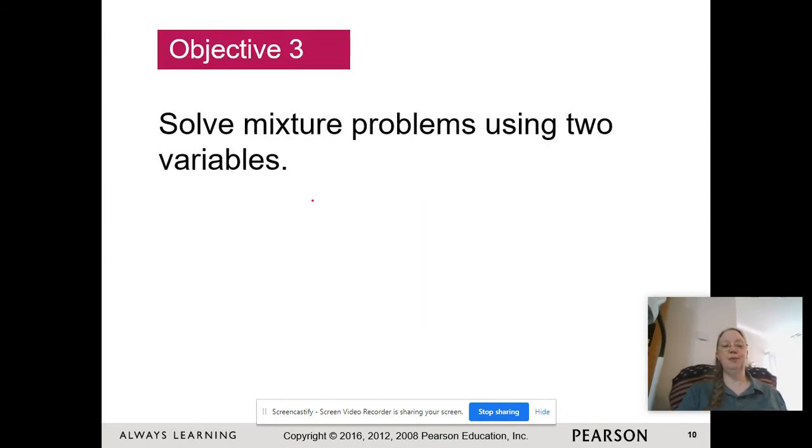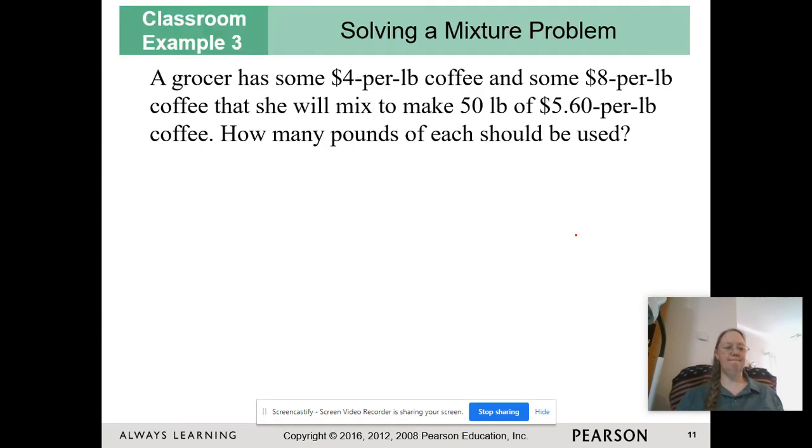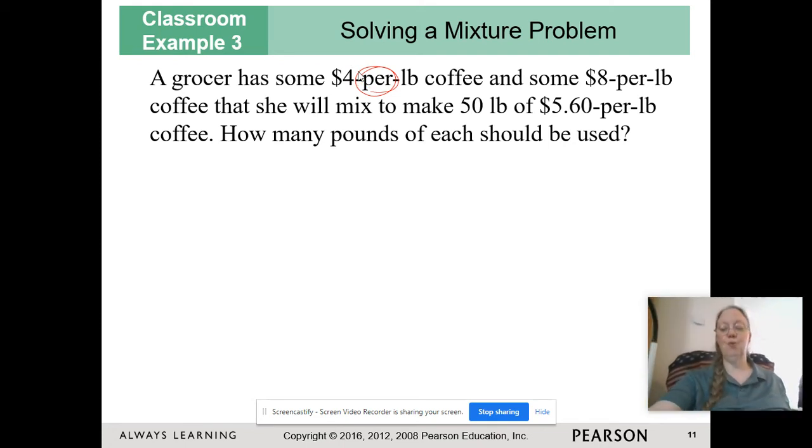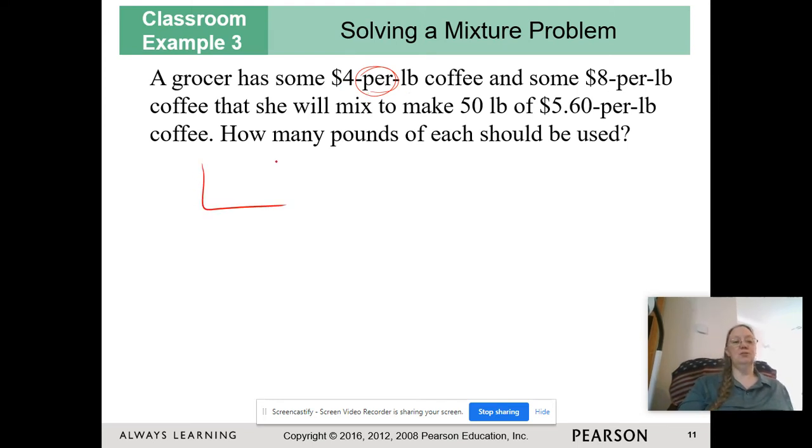Mixture problems. You guys remember the mixture problems? That was when we had the buckets. Remember the buckets? So we have a grocer with coffee at a price per pound, guys, per pound. That means this is a rate. We've done mixture problems before where they were percent. This is per pound. This is a rate. It goes underneath the bucket. And $8 per pound. We don't know how much of this, and we don't know how much of this. And she will mix it to make 50 pounds